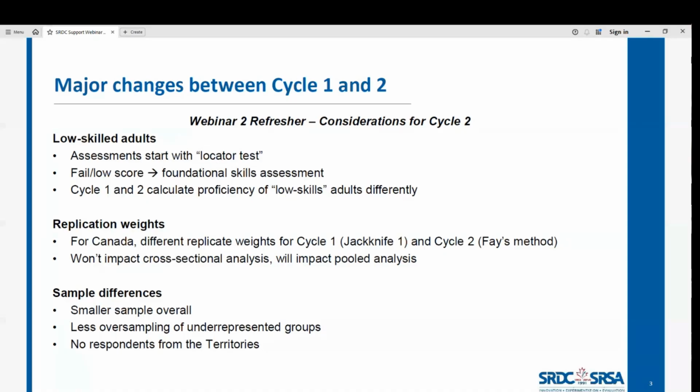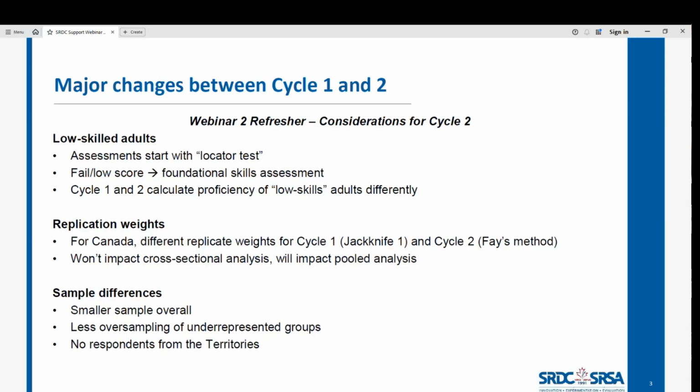The proportion of these people is small enough that it doesn't affect population-level comparisons. But if you're doing any sort of comparison between demographic groups across cycle 1 and 2 with a very high proportion of this population, it will actually affect it. So you should look at the cycle 2 locator test variable, and if more than 20% of your demographic group has failed that locator test, the results are not comparable across cycle 1